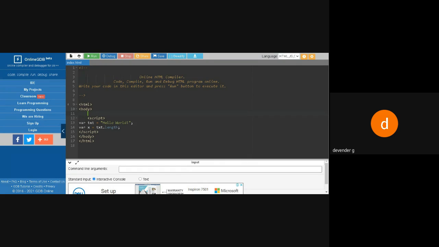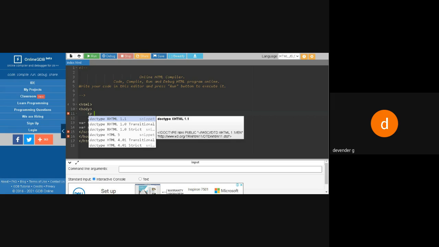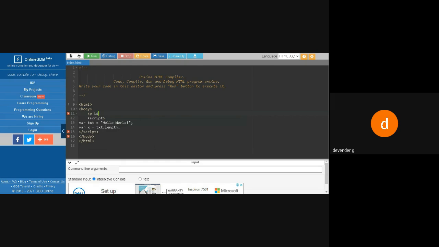The screen has been taken only for that particular area. So instead of that alert dialog box, we are using the paragraph tag by saying id is equal to demo. Then we'll close the paragraph tag.